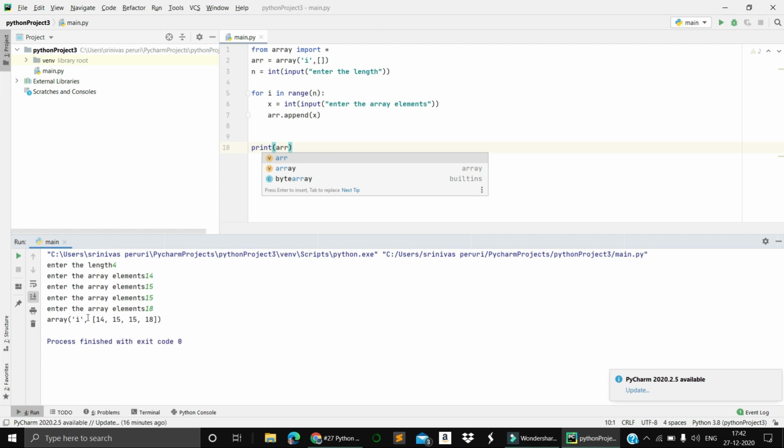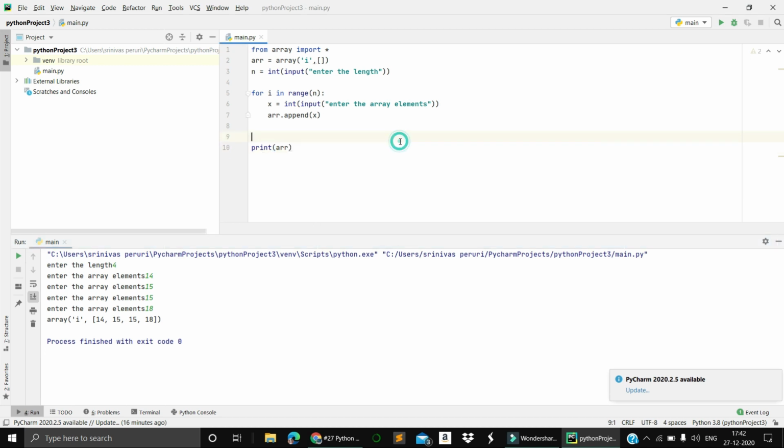This will give my array 14, 15, 15, 18. So in this way, the input from the user is taken and we are storing the elements in the array like 14, 15, 15, 18.